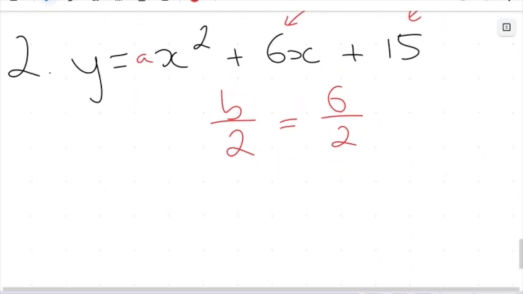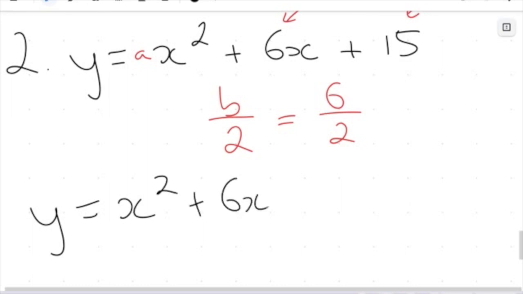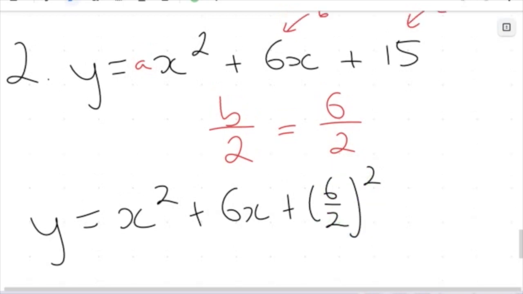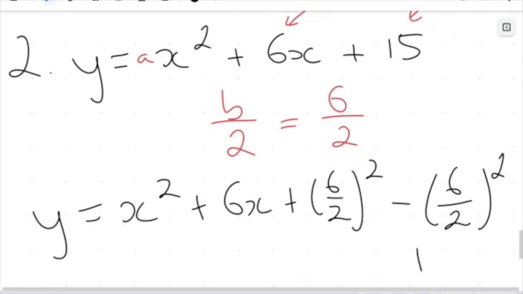Okay, so when I do this using completing the square, I'm going to get y equals x squared plus 6x plus (6 on 2) squared. Remember, I can't just add this out of nowhere. I have to subtract it again in order to get something that is the same as this guy up here. So what I add for my completing the square, I need to also take away, and I have plus 15